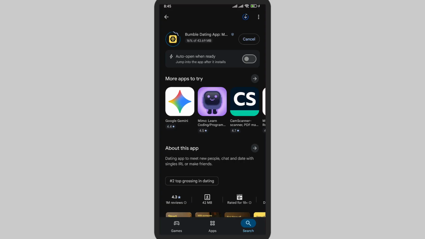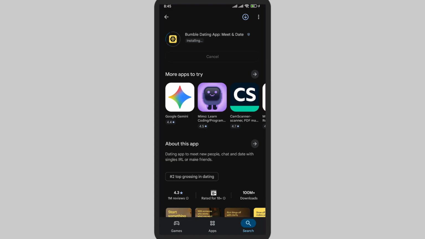So what is this app about? Basically, this is a dating app. Here you can find different partners. So here you must set up your profile and you can easily find other people in order to date and